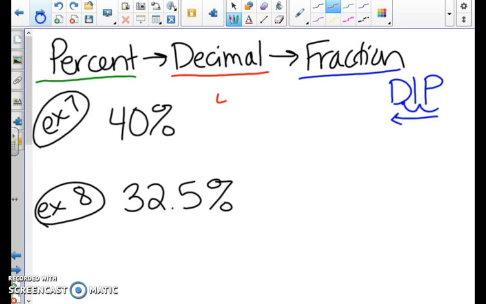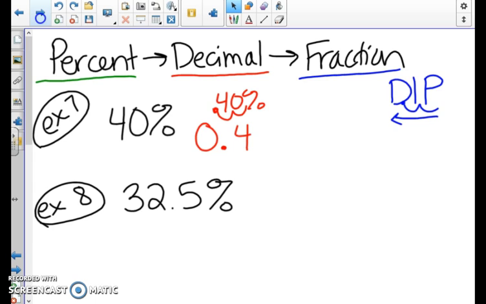So we take the 40% and we start here. That's where the decimal currently is. We're going to go to the left. And that's my work, so I rewrite this as 0.4. Once again, if there's no number to the left of the decimal, y'all put a 0. Okay? And then for a fraction,